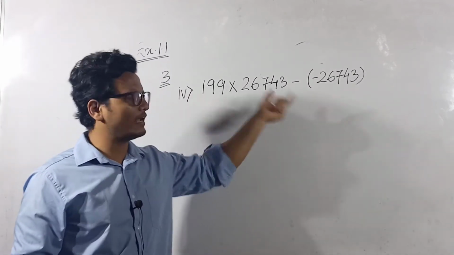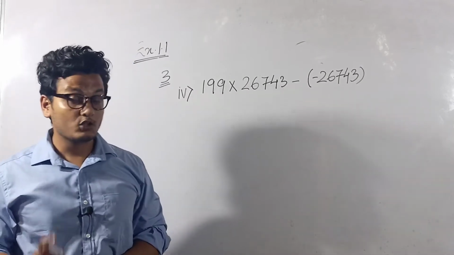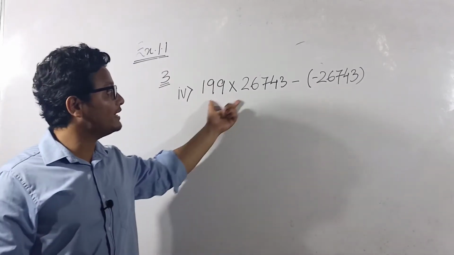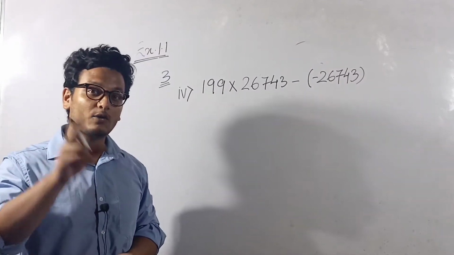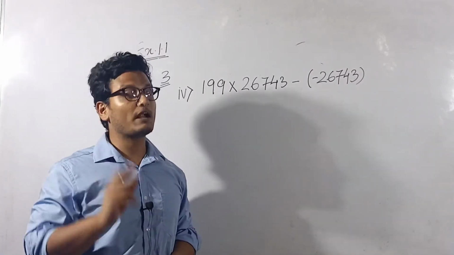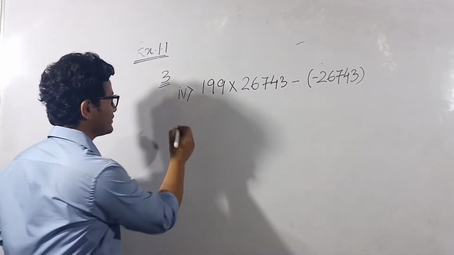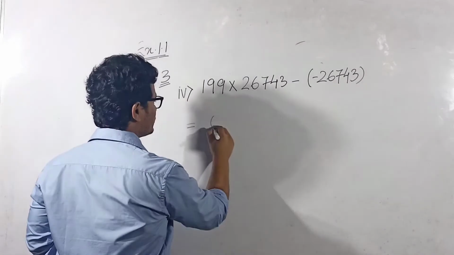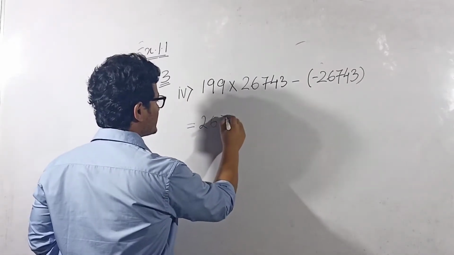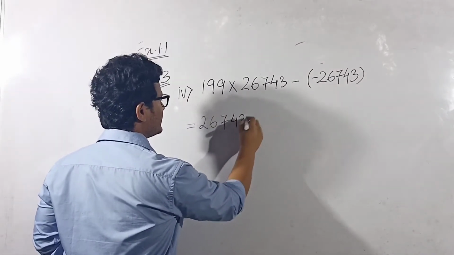Is it in the A into B or A into C format? No. So first of all, what do we do? We have to bring this equation into that format, the A into B or A into C format. So first of all, let me write it like this: 26743 into